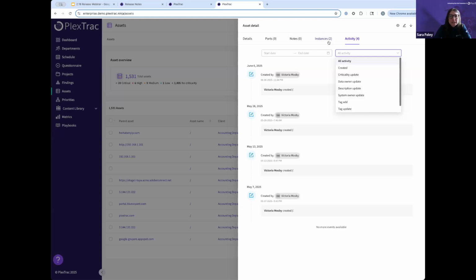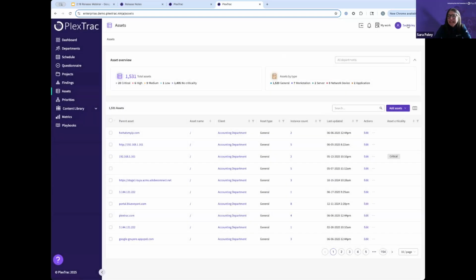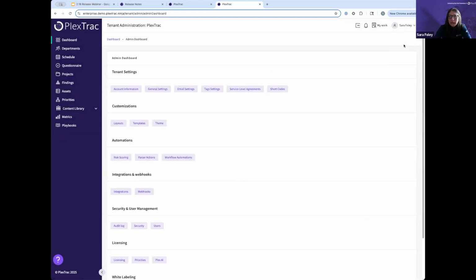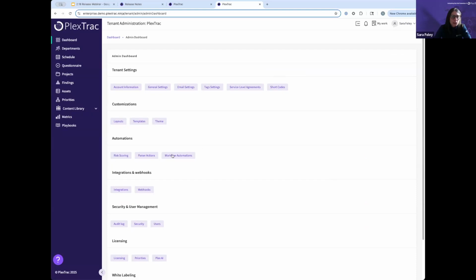So yeah, definitely you'll see new activity logs popping up throughout the product. Exciting stuff here. And then just really quickly, we kind of talked about it in relation to the workflow automation, but